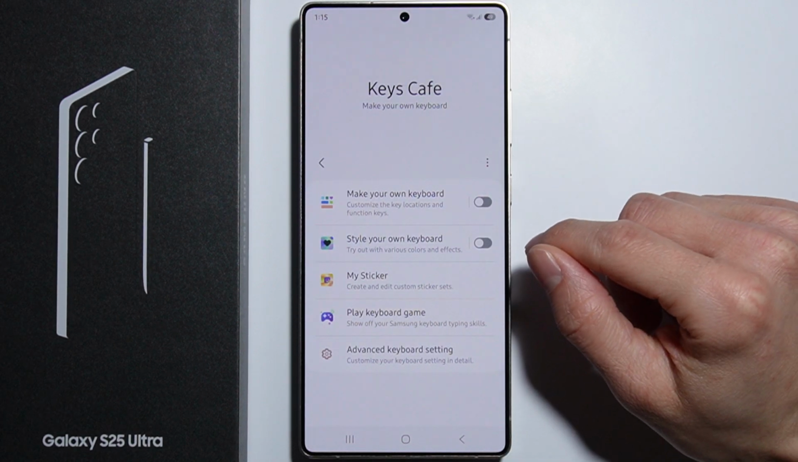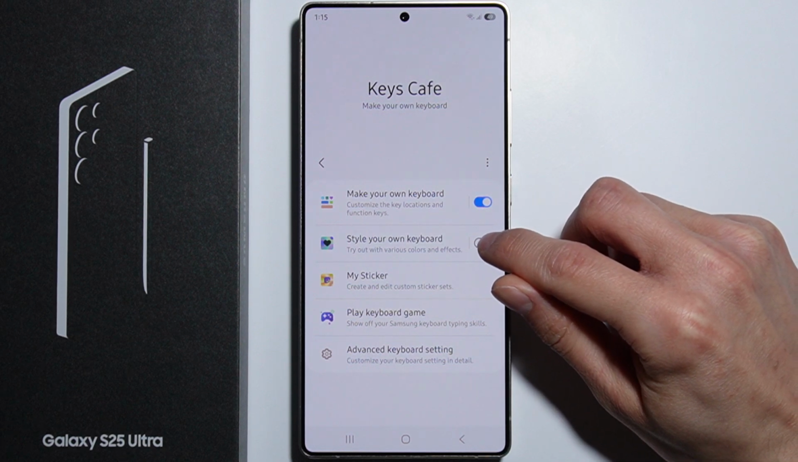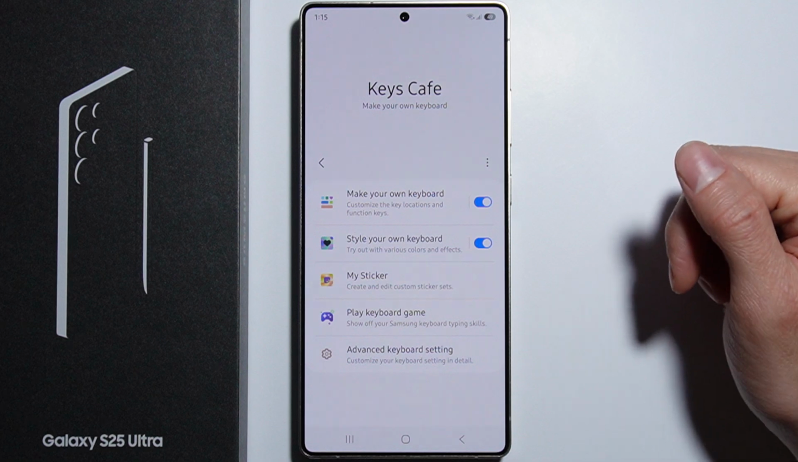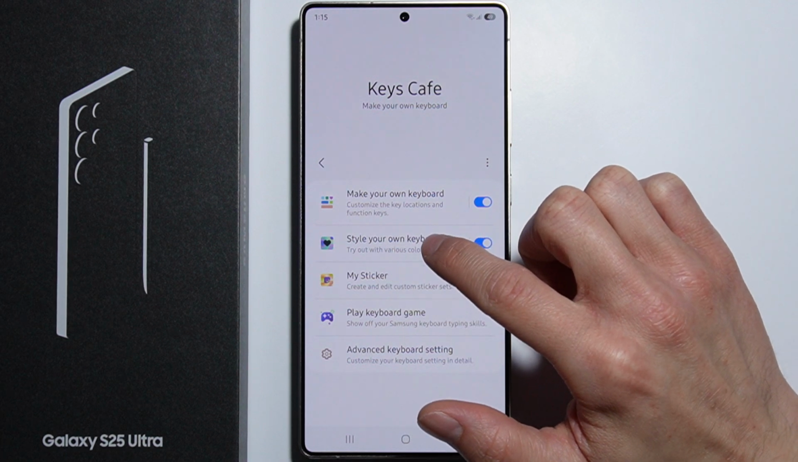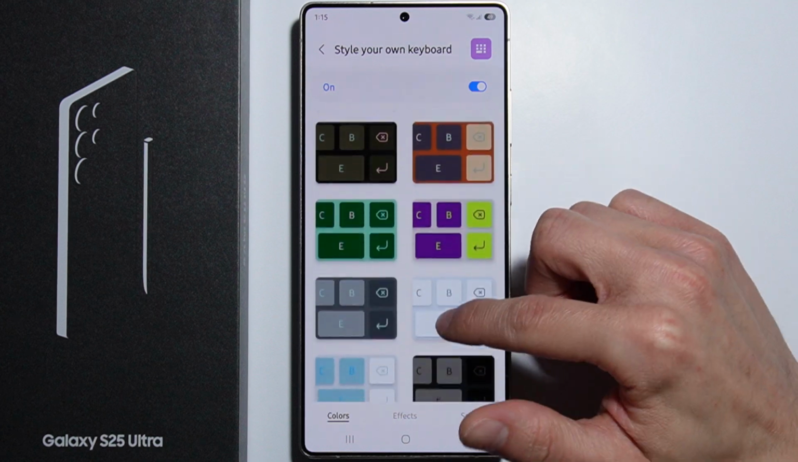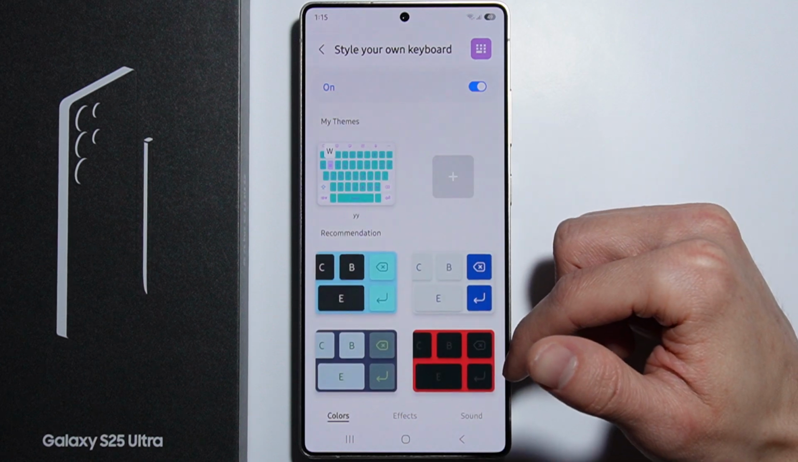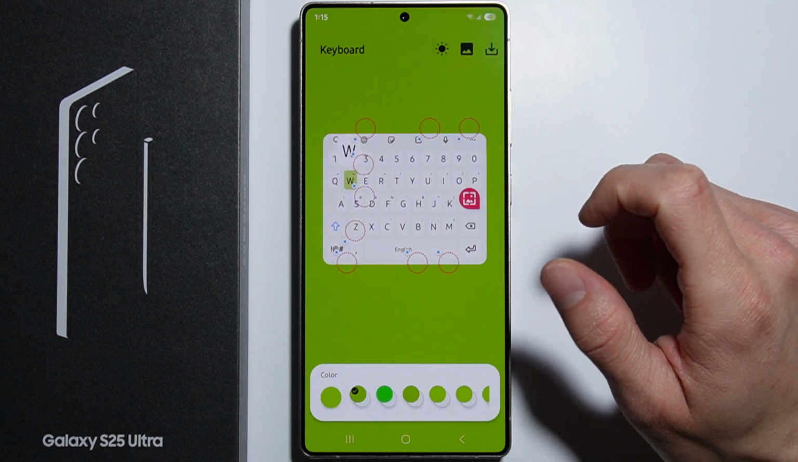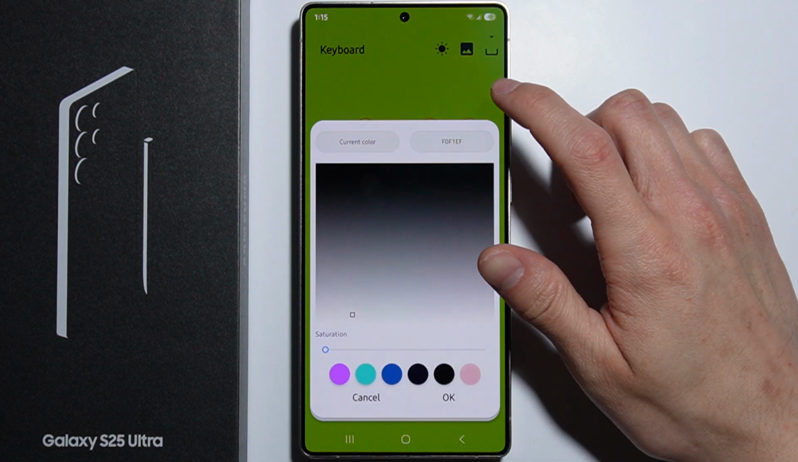And from here you will have to enable these two switches to make your own keyboard and style your own keyboard. You'll have to enable two of these and then move into style your own keyboard. And right here we have some ready themes, as you can see, some pre-installed themes, and here you can make your own theme. So let's press this plus icon right here,